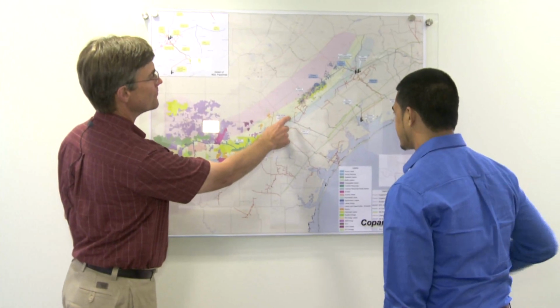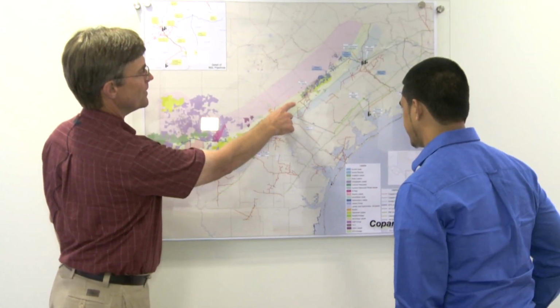Copano is a Houston-based company, roughly $2 billion in assets. We have over 6,700 miles of pipeline in Texas, Oklahoma, and Wyoming. We have a vast amount of information that pertains to our pipelines, and one of our challenges is keeping track of all that information, the records of where the pipe is, records of landowners, easement documents, construction drawings, and the